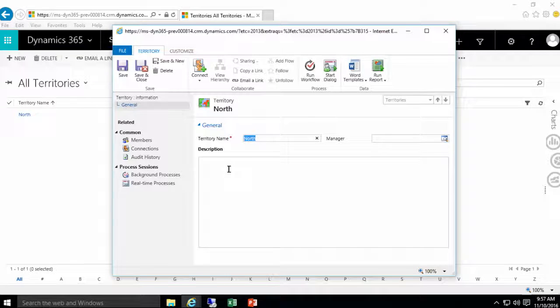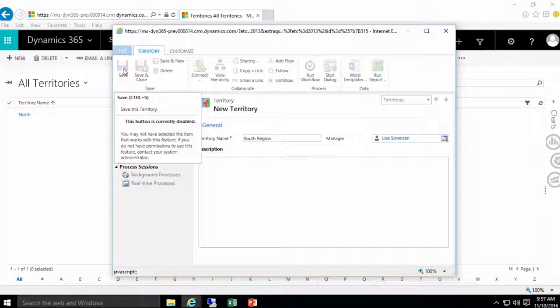And then from here, let's say I'm going to create a new one. So you'll notice that not only do I have Save and Close, but I also have Save and New. So I'm going to click on Save and New, and we're going to have this one as my South region. And on this one, let's say that I'm actually going to be set up as the manager. So now, once I save that,